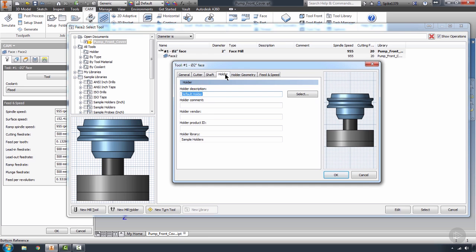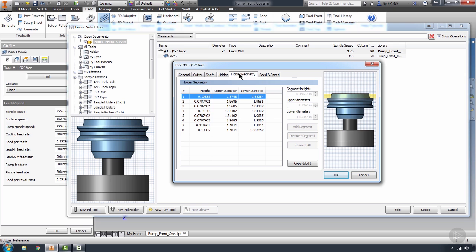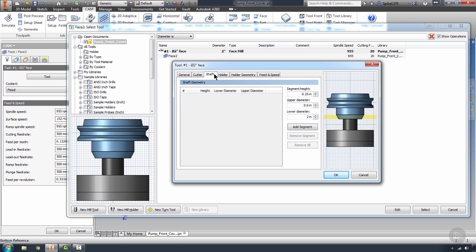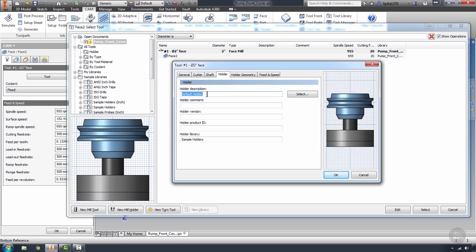I have my holder information. This is the selection of the holder, and then I have my holder geometry information, and this is where each individual section is broken down geometrically to be able to use or change. Now by default, the selection is default holder, and it is pulling from a sample library. Now you cannot change sample libraries. You can't save over sample libraries, which is why